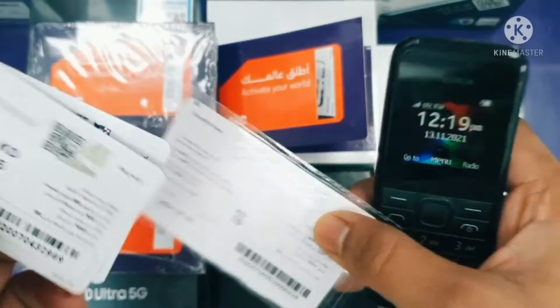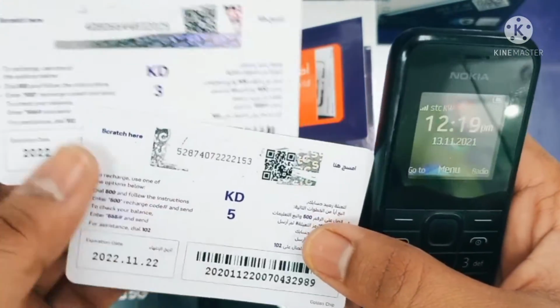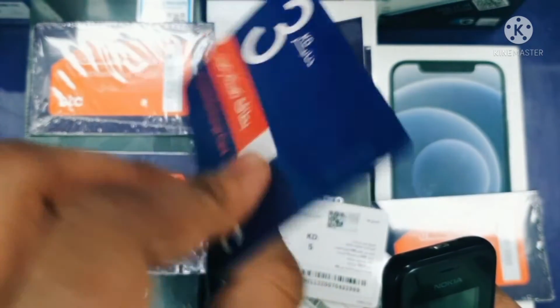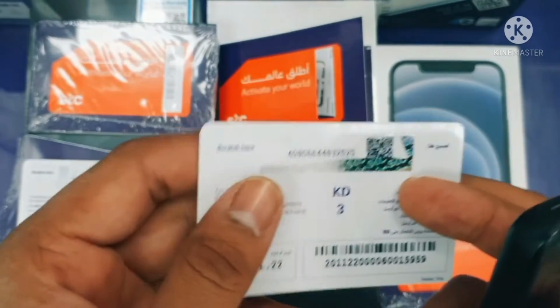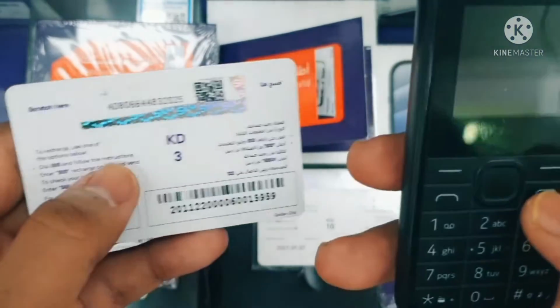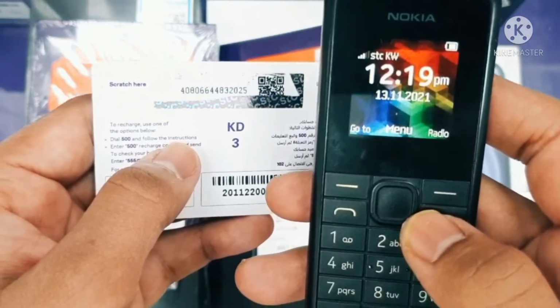So these are all used cards. I'm just showing you how to activate. Okay, let me show you how to activate a 3 KD card, a 3 KD voucher. The voucher will come like this. Then you have to scratch it, and you will get the number. Once you scratch it, go to your phone, any smartphone or any phone, and dial